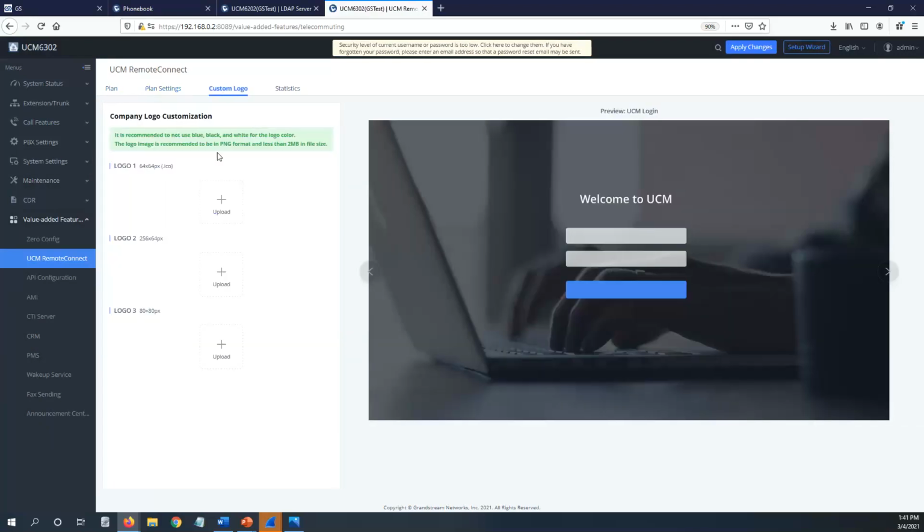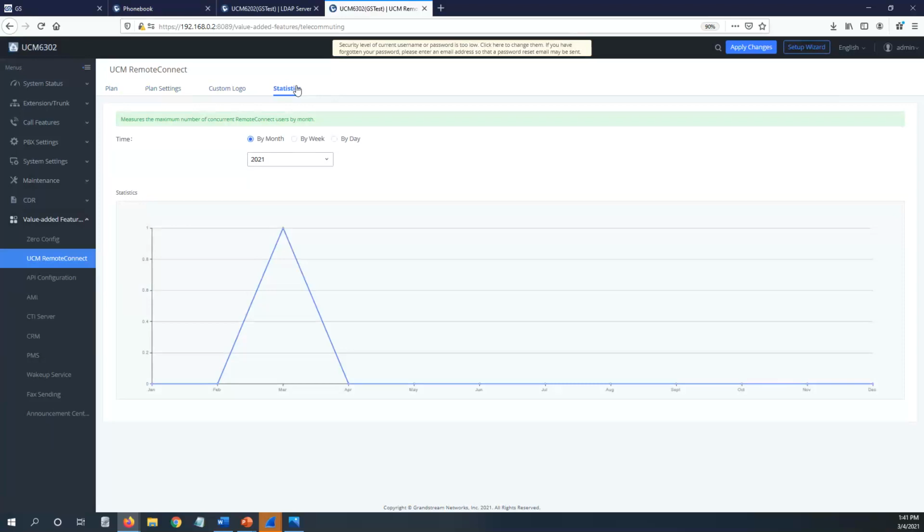Then you have the option to customize the logo. As you can see right here, I have already customized mine. Just make sure you use the same resolution, like 64 by 64, or 256. You have three logos that you can upload. And here also it gives you some statistics about the activity on the UCM. So if we go back here